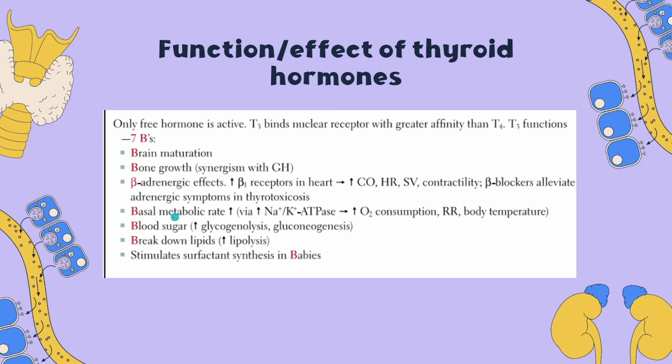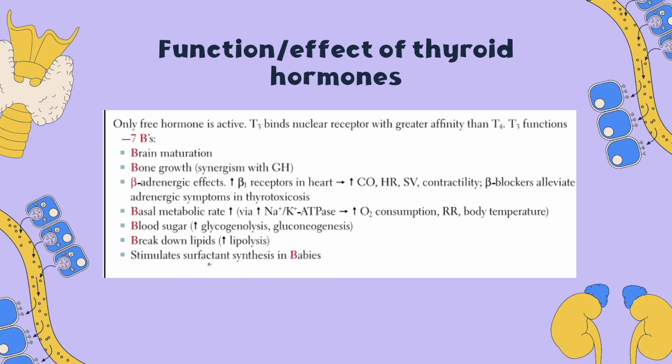The BMR, the metabolic rate, is gonna increase through the sodium potassium ATPase. We're gonna have more of that, and we're gonna have more mitochondrial activity, which will increase the O2 consumption and therefore increase respiration. We'll have higher blood sugar levels, so we'll have an increase of glycogenolysis. We'll break down glycogen, and we'll have gluconeogenesis, which is formation of glucose. We'll break down lipids, so lipolysis, such as cholesterol, phospholipids, triglycerides, and in babies, it will stimulate surfactant synthesis, which prevents